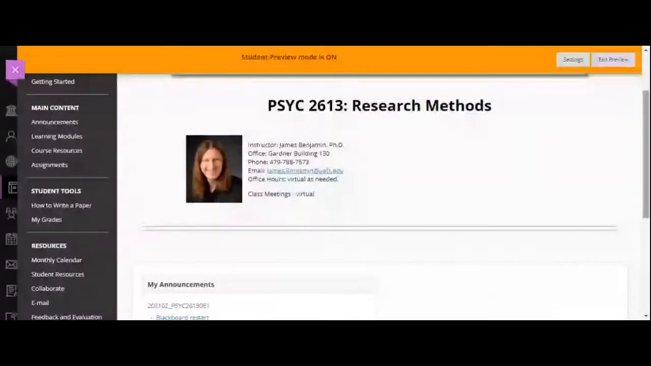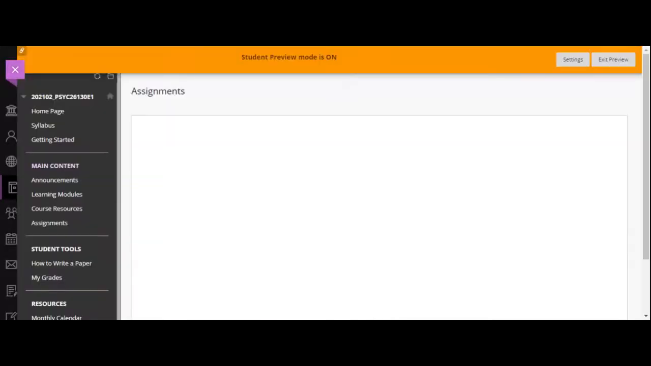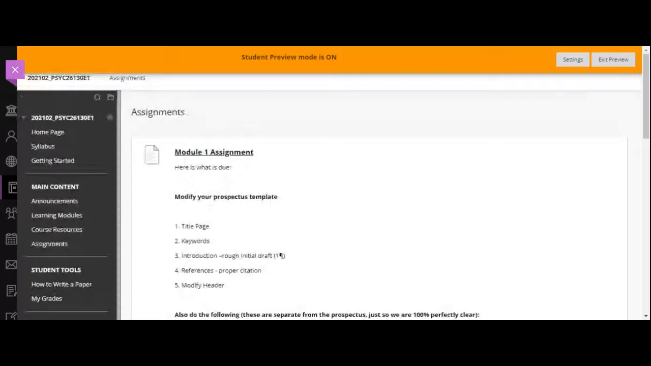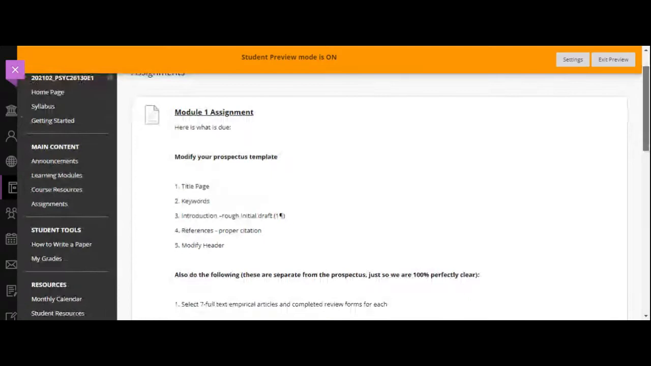Under assignments, I was getting a lot of questions about assignments, and the big one, of course, was, what exactly do you want me to do? Even though I thought it was fairly straightforward, I went ahead and just got rid of the Word document, ditched that thing entirely, and said, okay, what is it that we really need to accomplish from this? And really the things that need to be accomplished are